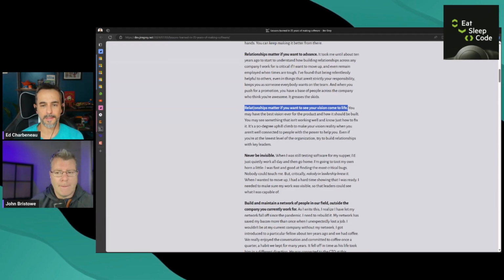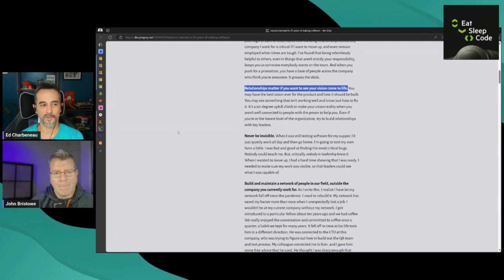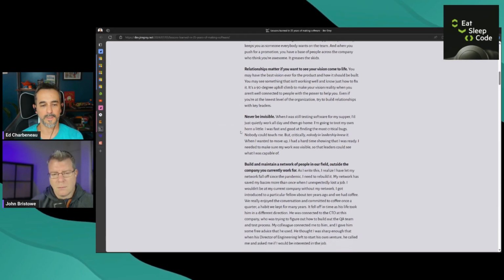I think this one's more of the same. Yeah, it's just putting it in another context. If you see something in your product that you want improved, you have to know the right folks to push that issue to make it happen. So it's not always just throwing an issue on GitHub. You may need to talk to the program manager, or maybe somebody in marketing needs to be on board with it, and so on.